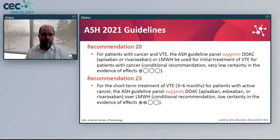And for the short term, the initial 3 to 6 months, they would suggest a DOAC, apixaban, edoxaban, or rivaroxaban, over low molecular weight heparin, based on the data we discussed. But if you look at the fine print, they say if your patient is at high risk of bleeding, then be mindful that using a low molecular weight heparin like enoxaparin, for example, may be desirable in that patient situation. So